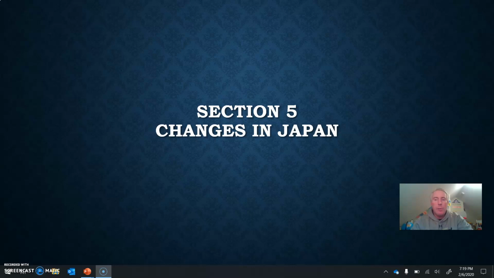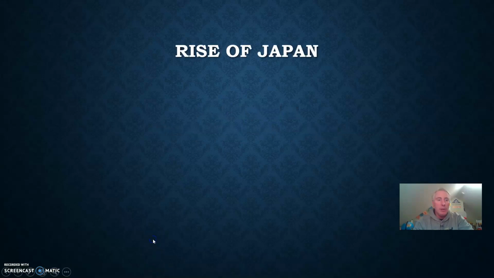So when we last discussed Japan back in chapter 25, it was emerging as a modern industrial power during that period known as the Meiji Restoration, right? You got to make sure that you remember that. It decided to copy the ways of Western industrial powers like Great Britain and the United States. And the result was that Japan had become a dominant force in the Pacific. It was the only modernized industrial power in Asia. So let's talk about this rise to power that we see in Japan.